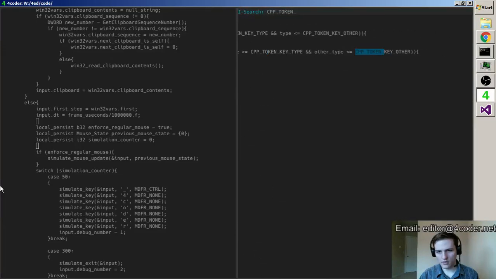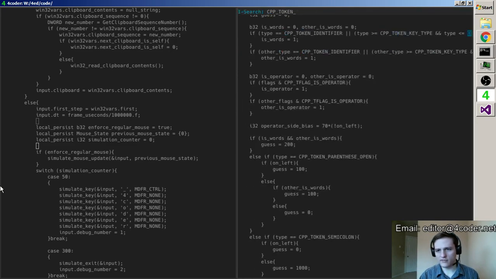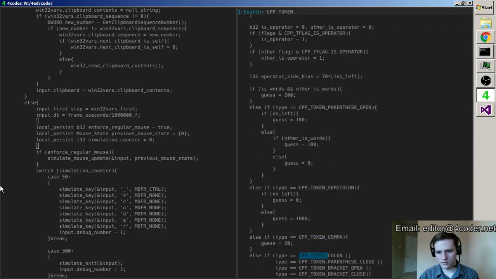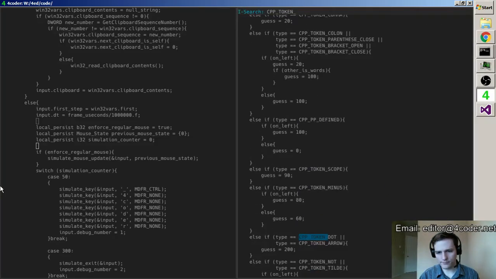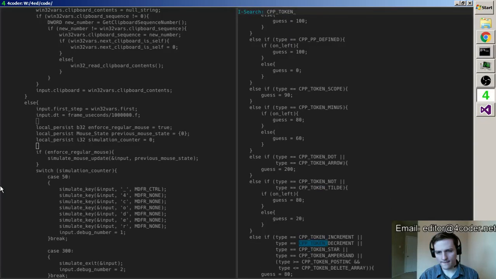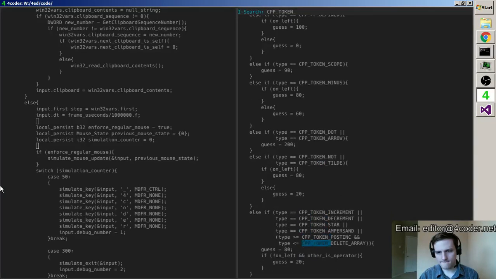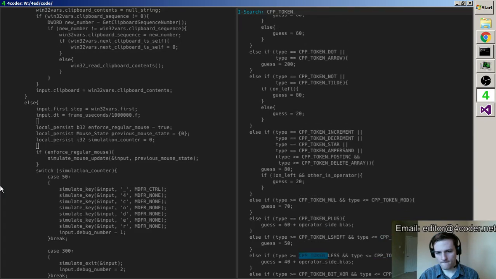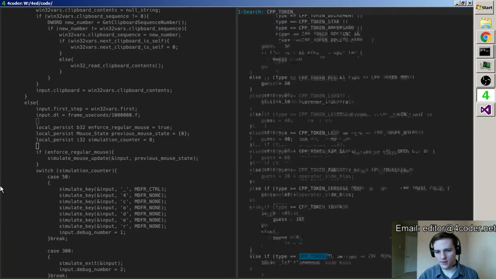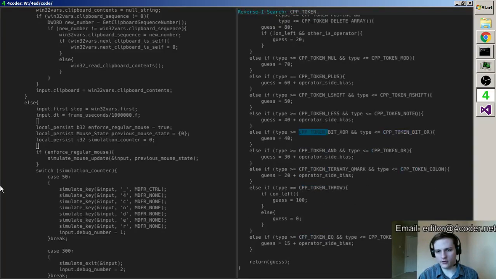So to get good guesses on where to put wrap points, the most important things are identifiers, semicolons, commas, maybe dots. Basically, the closer it is, the better it'll turn out.